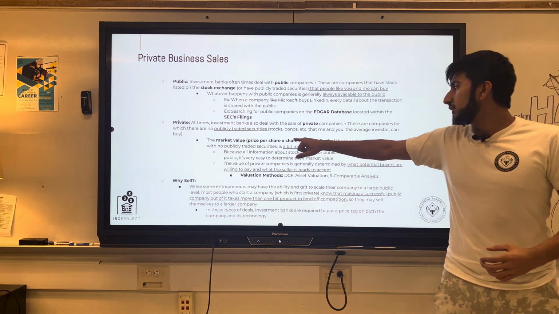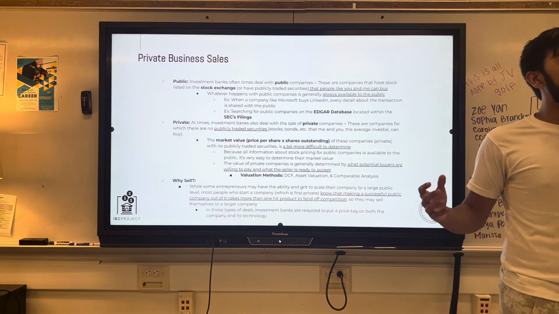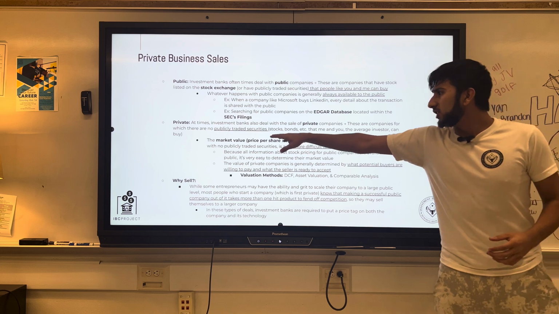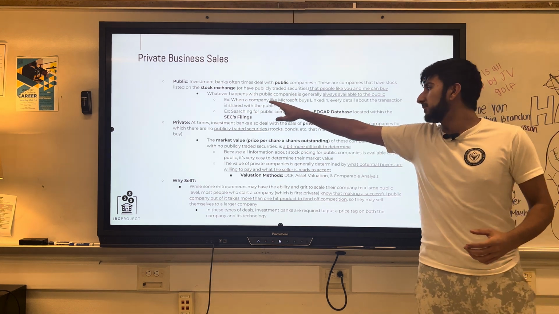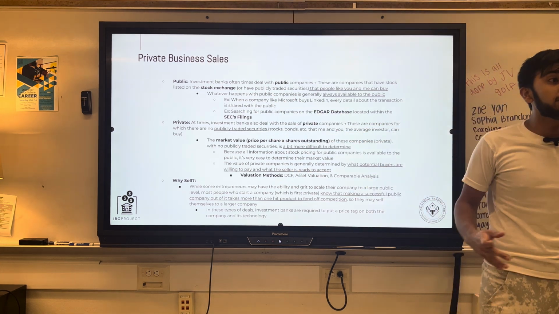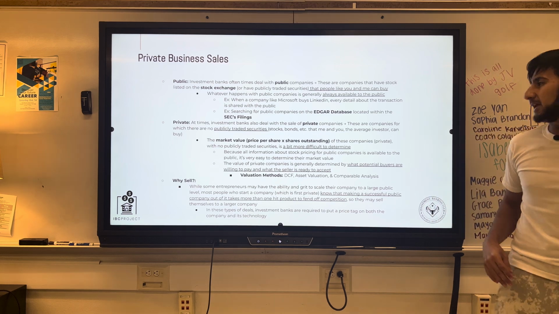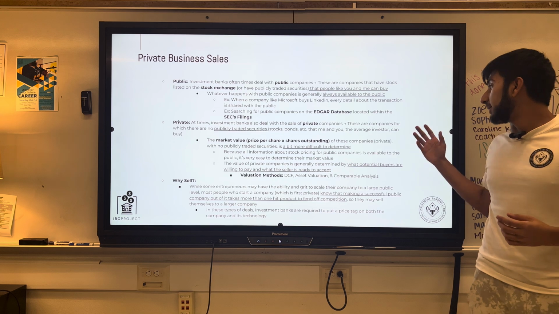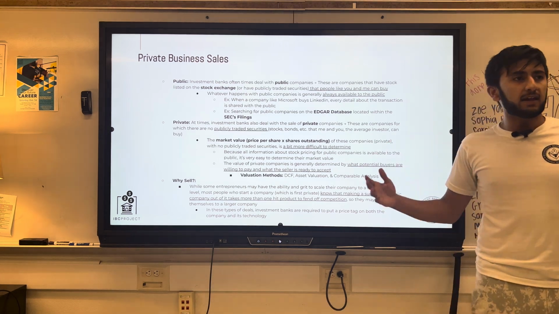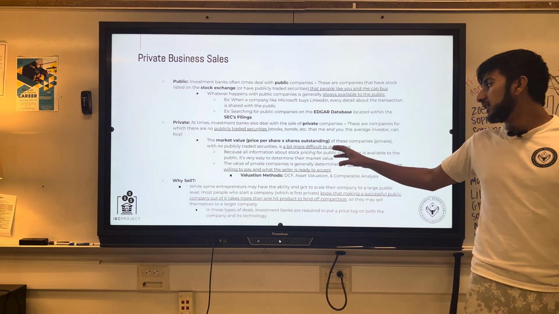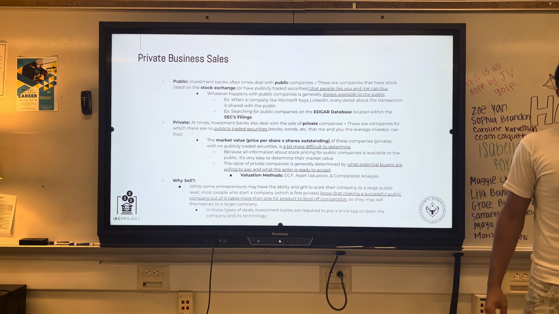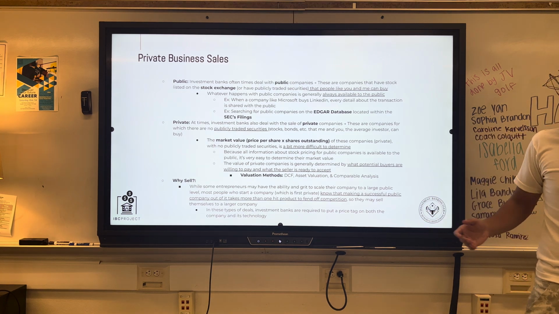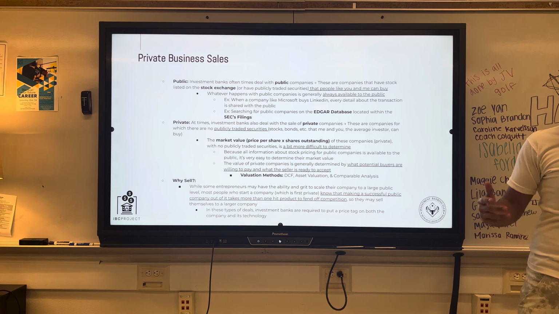Of these companies, private with no publicly traded securities is a bit more difficult to determine. So what that means is when we're talking about market value, easy to determine for public companies, right? They have both of those things. Private companies, not so easy. It gets a bit hazy over there. And because all information about stock pricing for public companies is available, again, it's easy to determine their market value. The private company's market value is indeterminable, essentially,